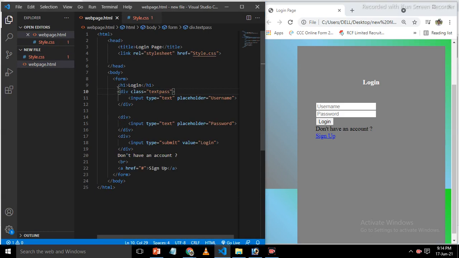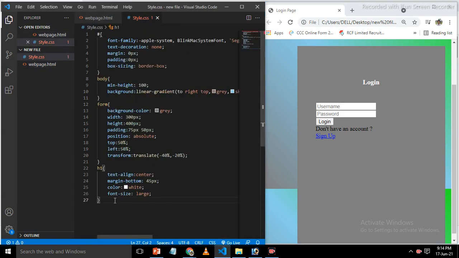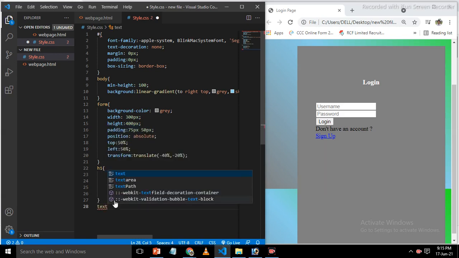Now we gave this div a class name, text pass, and that text pass property we provide here in the CSS file, text pass. So this is a class, so we put a dot here, and now we put the properties of the class here.